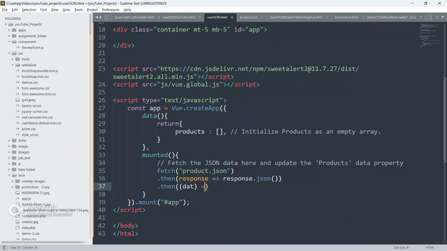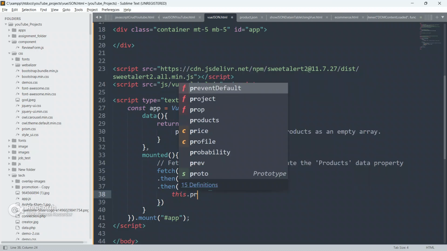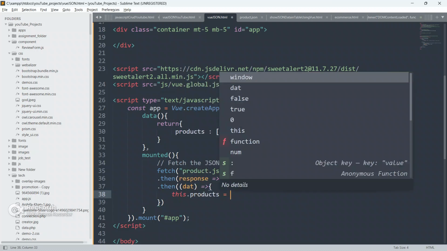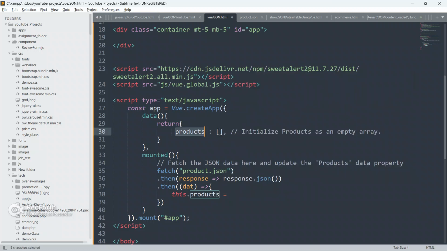So data, and here also I'm going to use a fat arrow function, and inside this data I'm going to say this dot products equal to, guys, I am talking about this products. Whenever you say this, it will be referencing this products. As the comment says, fetch the JSON data here and update the product data property.